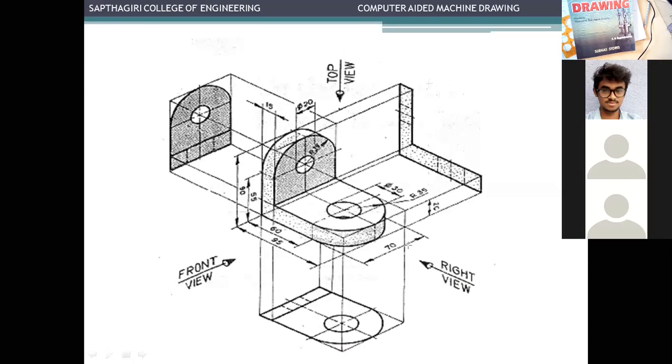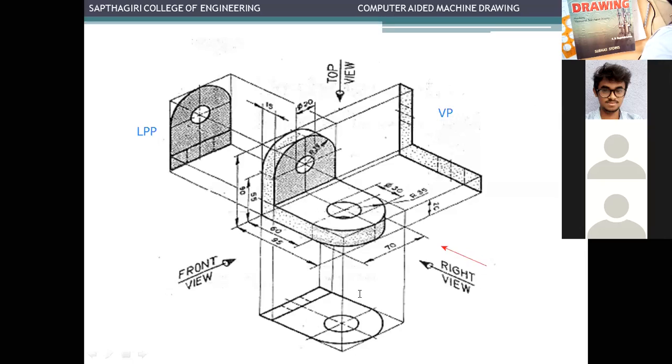So this right side view, when it is seen from right, it is represented on the left profile plane. So this view will be on the left profile plane. Very important. This right side view will be on the left profile plane in first quadrant. Front view will be on the vertical plane. I'll take this and represent it as capital letters VP.